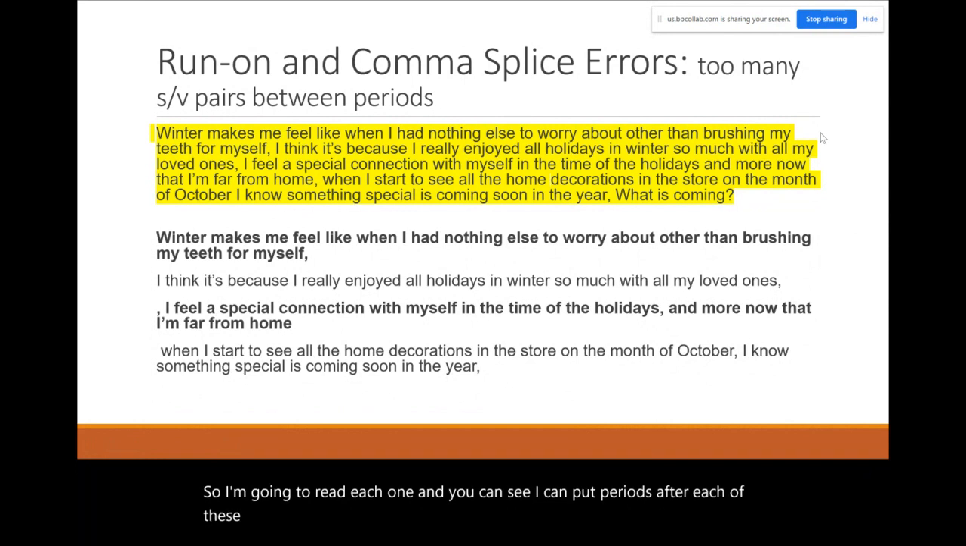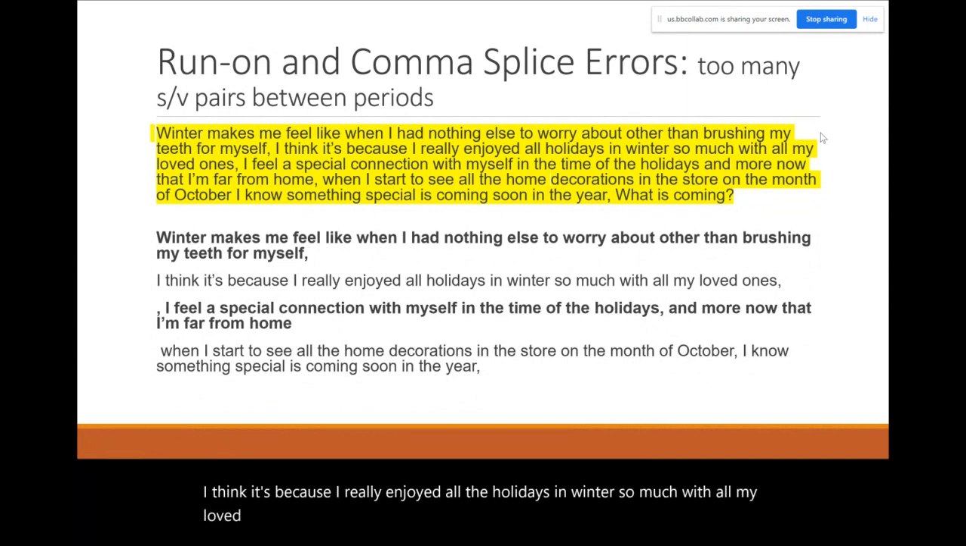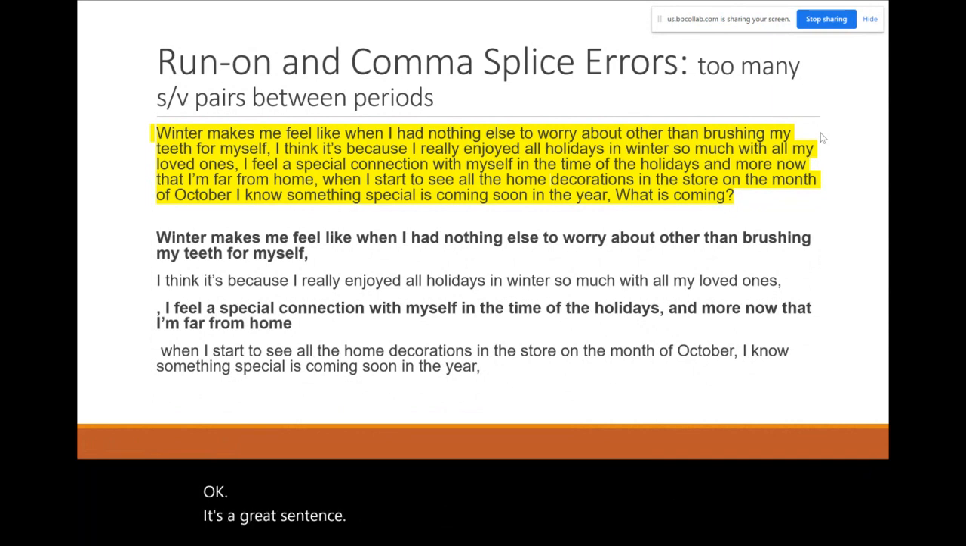Winter makes me feel like when I had nothing else to worry about other than brushing my teeth for myself, period. That's a great sentence. I think it's because I really enjoyed all the holidays in winter so much with all my loved ones, period. Okay? It's a great sentence. And then we can continue in another sentence. I feel a special connection,